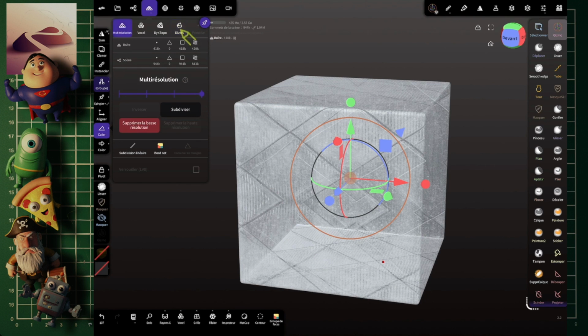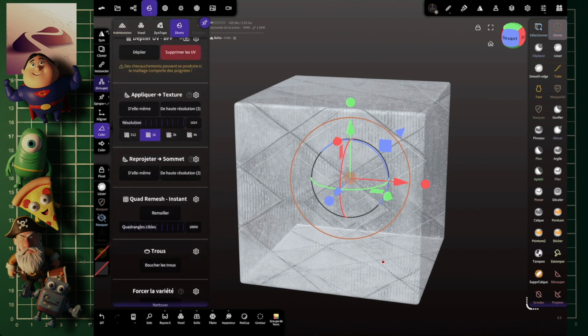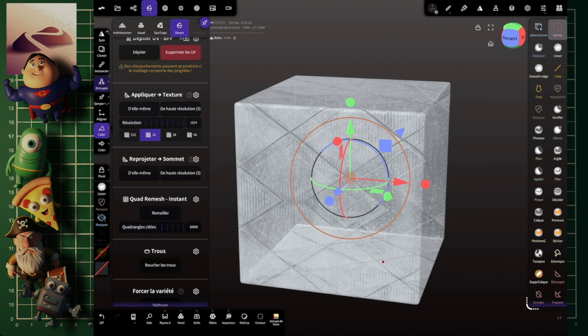We'll stop here, and this time I'm going to go to the winter section and actually scroll down to here, reproject vertex, and we'll make sure to check that it's really a reprojection in terms of opacity and the masked area. Then you tap on it to be able to reproject, and this is the result you get,